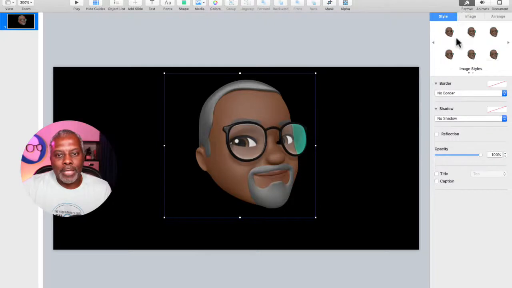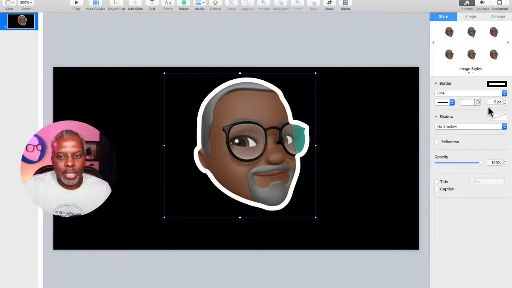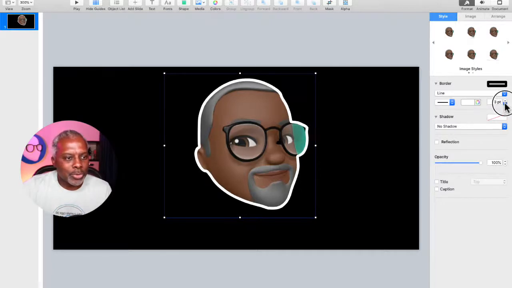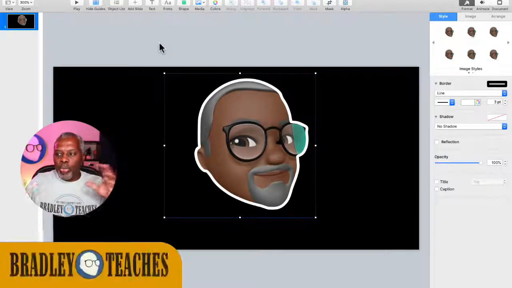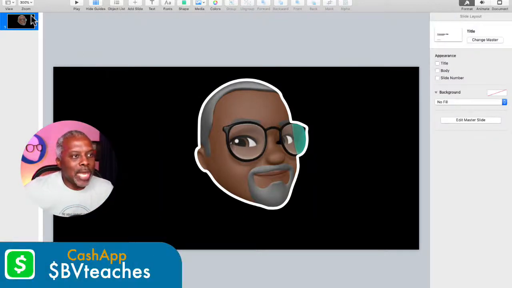I go to Format, Line, Border, and I'm going to pick white, right? Okay, and I'll scroll it down a little bit. So that's my white border on it. Because I'm going to make the whole thing white, I don't really have to worry about it encroaching on the image, right? And so now what I would do